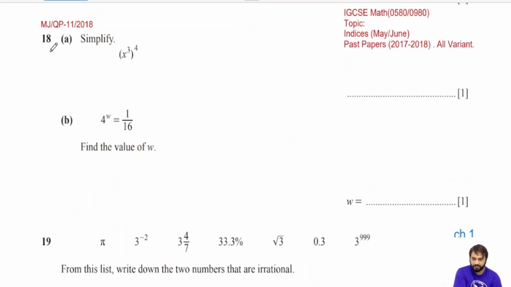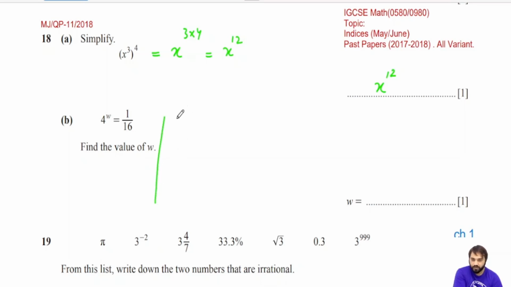Next question is question 18 that appeared in 2018. Question paper was 1 and the variant was 1. Power of power, just multiply. 3 into 4, that is equal to 12. Answer is x raised to power 12. For this question,